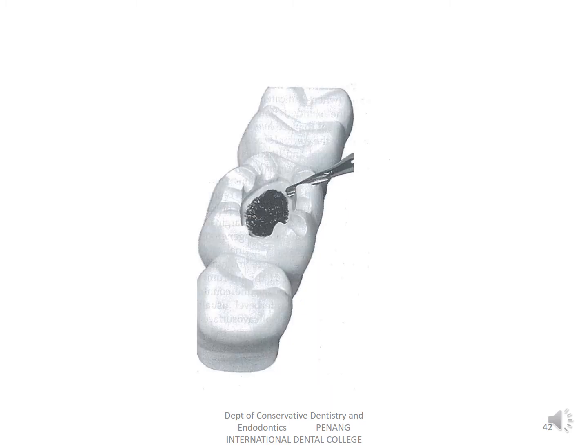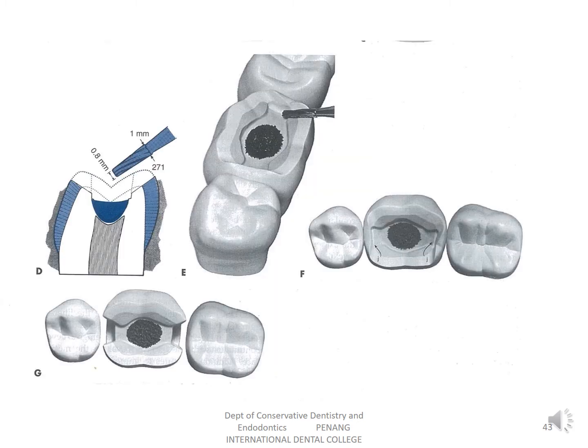start placing depth orientation grooves. The depth orientation groove is 1 millimeter for the non-functional cusp, here the lingual cusp, and 1.5 millimeters for the functional cusp. Once the depth orientation grooves are in place, slowly merge all the depth orientation grooves with the 271 bur, so you have a smooth finish like this.